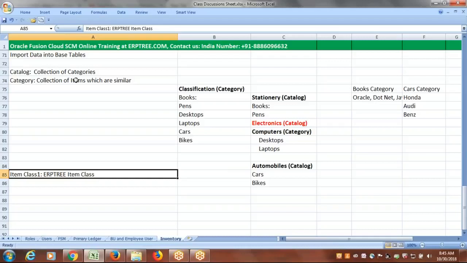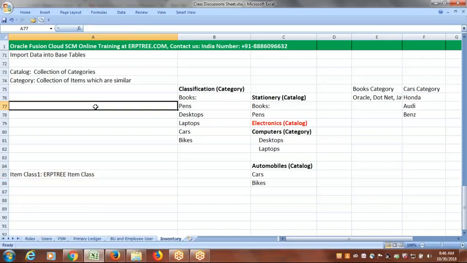So how you want to have a catalog naming convention, category naming convention, by addressing that will create the segments. When you are creating the catalogs and category, you'll select that combination to define the category and catalogs. Even in Fusion we also have catalogs and categories concept, but that